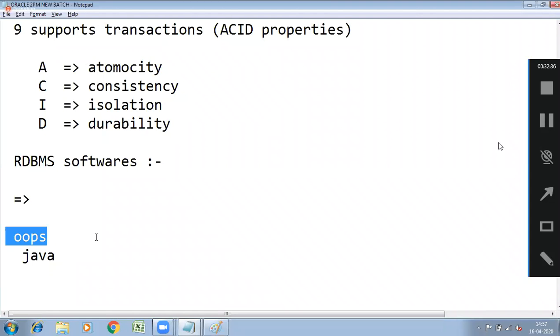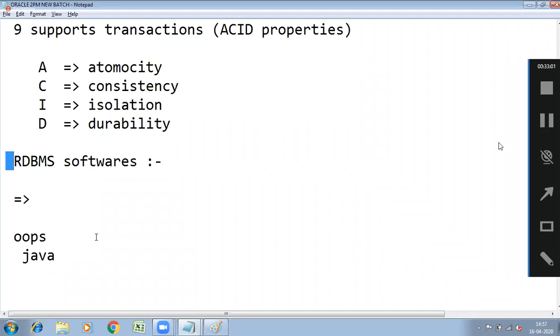OOPS is a concept, and Java is a language that implemented the features of OOPS. OOPS is theory, and Java is the practical implementation of OOPS. So this is one language developed on the OOPS concept.